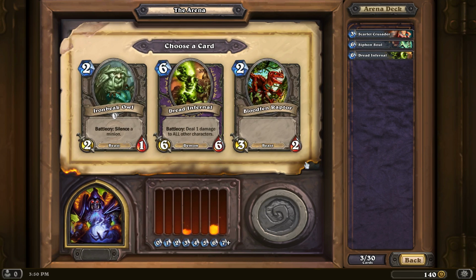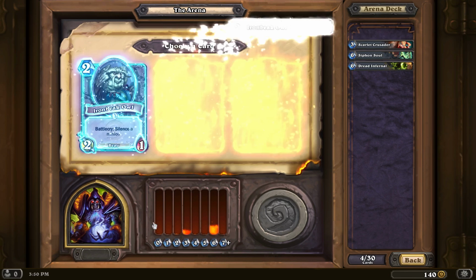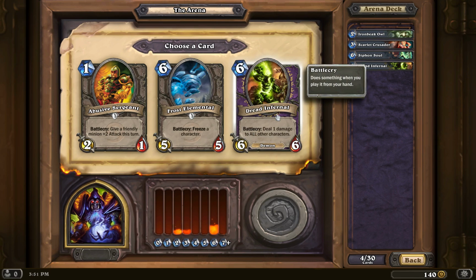If the pack had been Brewmaster, Ironbeak Owl, and Dread Infernal, I would have chosen Ironbeak Owl, because I really think Ironbeak Owl is amazing, so I'm glad that I took the Dread Infernal, because I wouldn't have taken it here. I don't really want a lot of Dread Infernals. Wow, I guess... I don't like the Frost Elemental outside of the Mage deck. I'm going to have a 6-drop, I'd rather it be a...